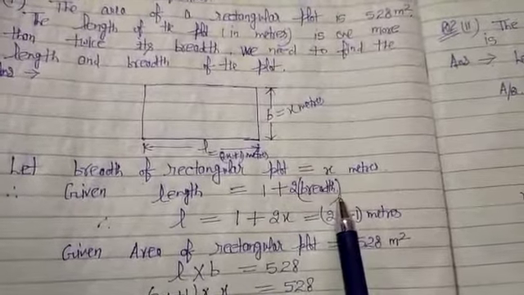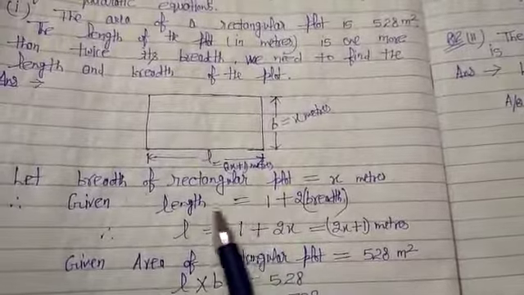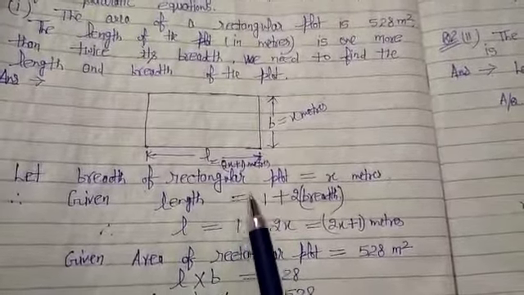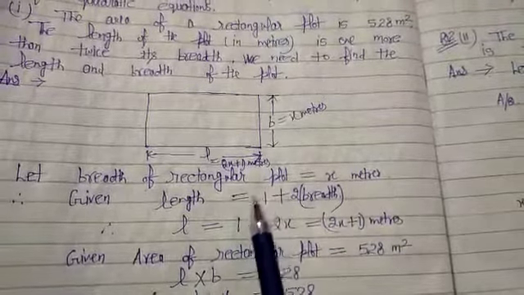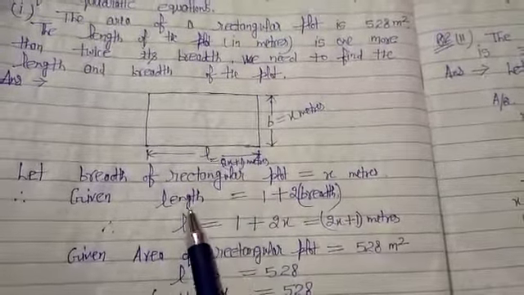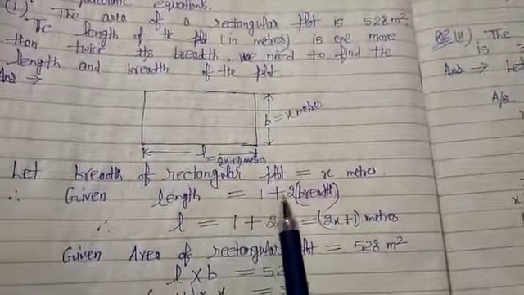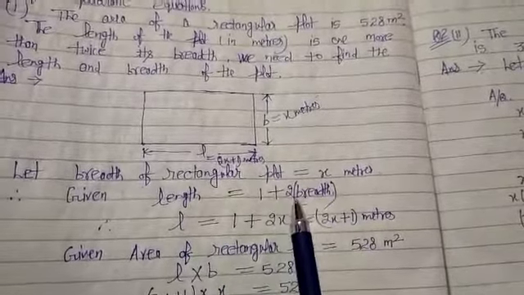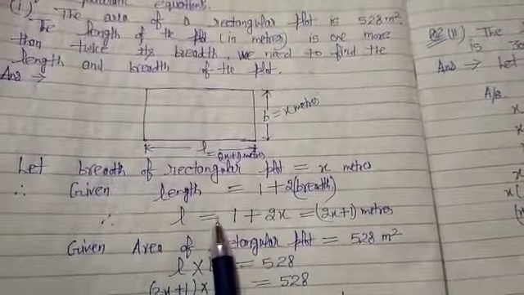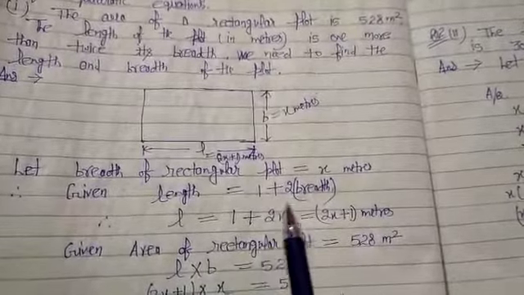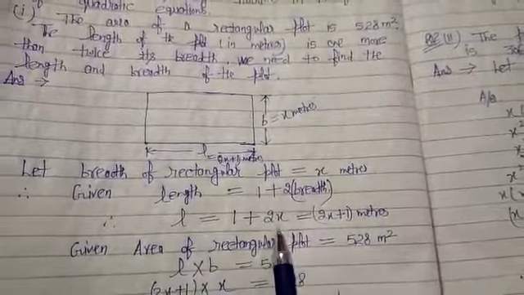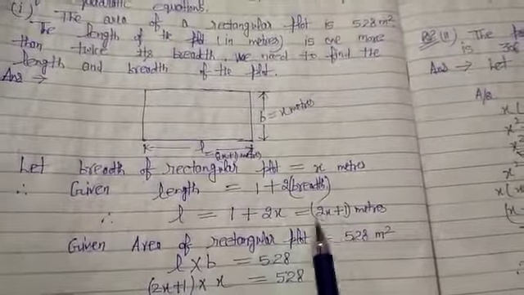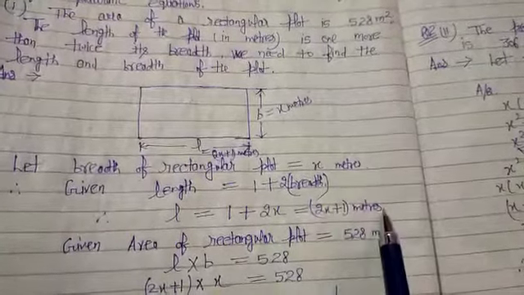Twice means two times. And in the question it is given length is, means equal to. When we are going to frame the equations, is, may, might, shall, will, all words have the meaning equal to. Length is one more means plus twice its breadth. So length is 1 plus 2x, because the value of breadth is x here. So we can write it as 2x plus 1 meters.